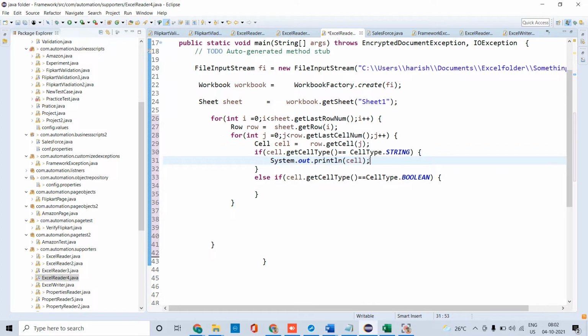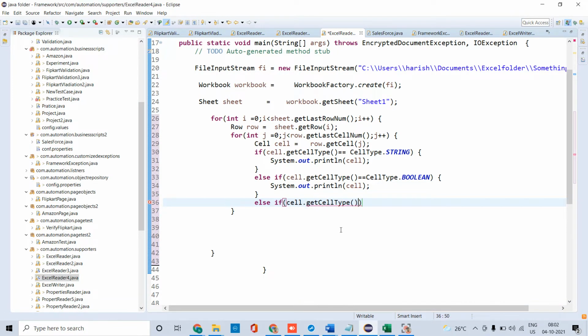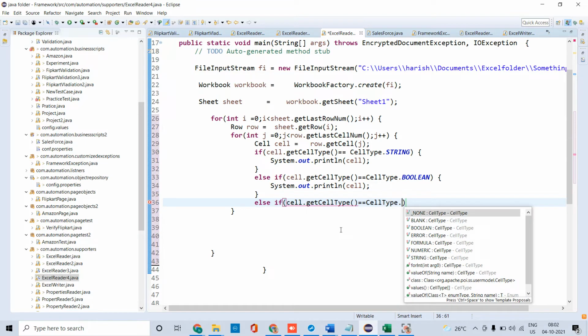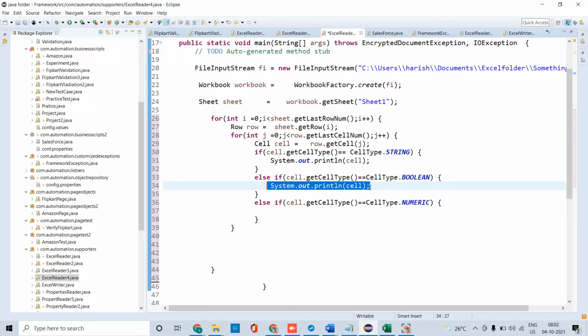If it is boolean, I want to handle that also. If it is numeric, its cell type should also be handled. For that purpose I am writing this. So I am printing the value.